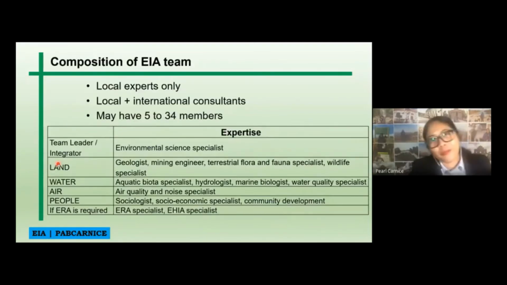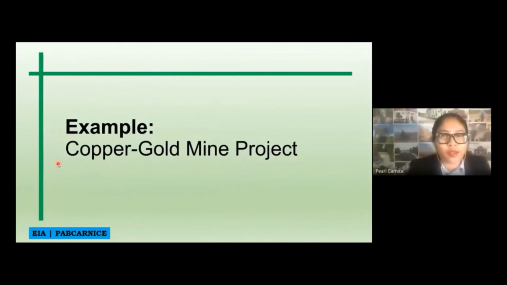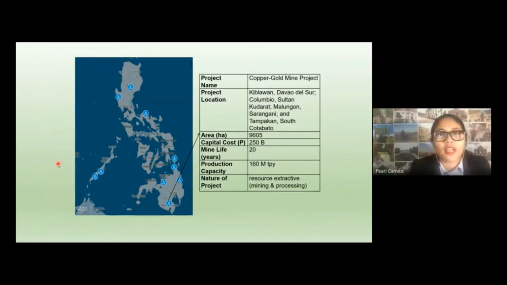Let me give you a quick example of an EIA study which focused on a copper gold mine project. This is actually in the Philippines, in Kiblawan, Davao Sur. It actually covers a lot of area: Kudarat, Manglao, Sarangani, and Talapacan, South Cotabato. So the area is